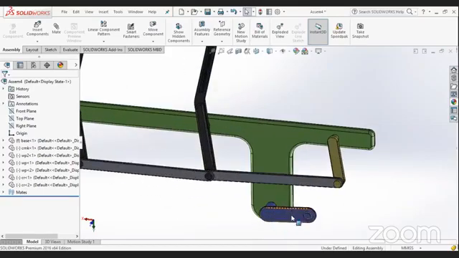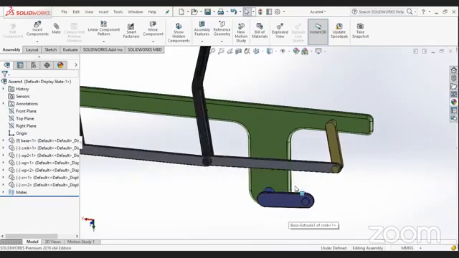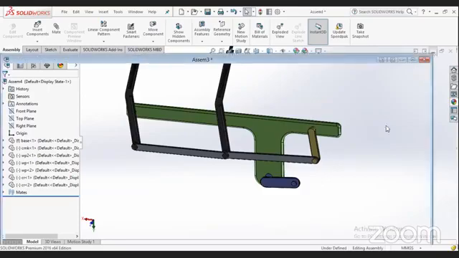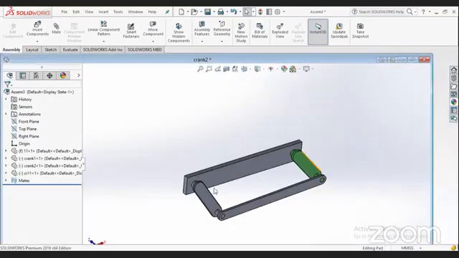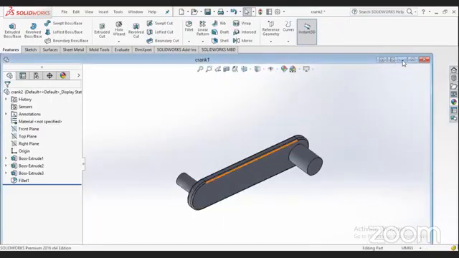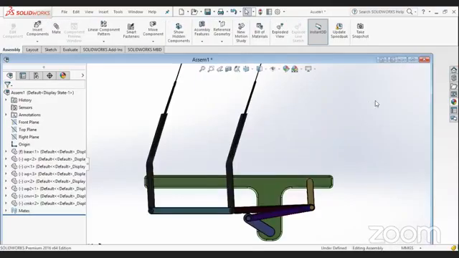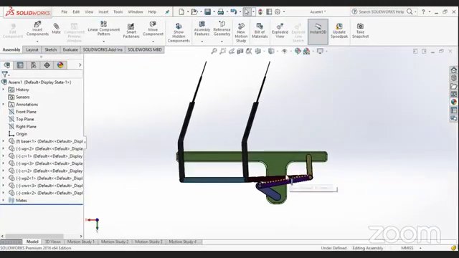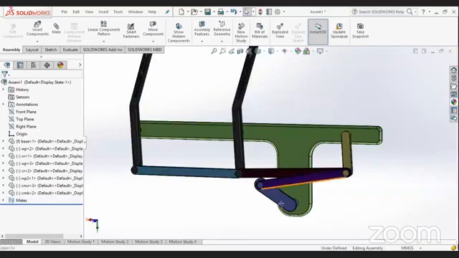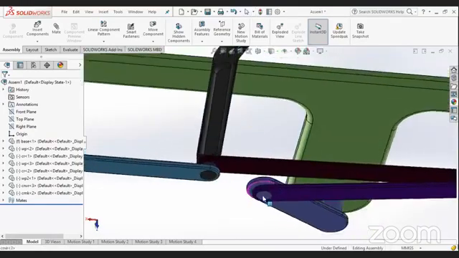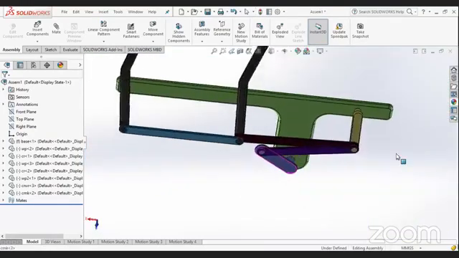This is something I had made for a water pump. I can show you this one that I already made. You can see it will also oscillate and it is not coinciding with any of the surfaces. No overlapping is there.